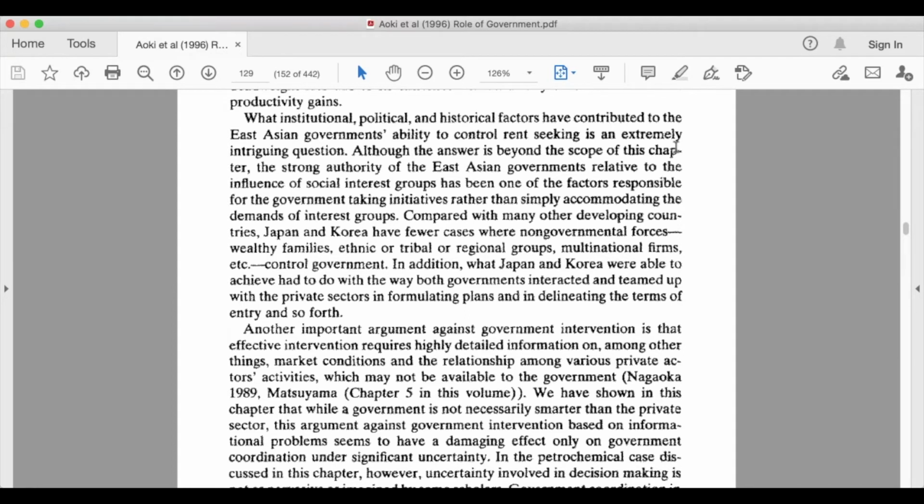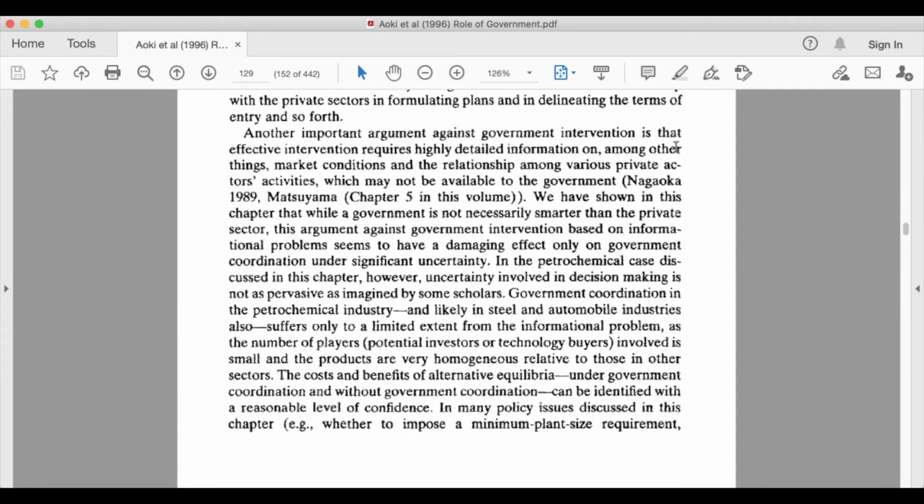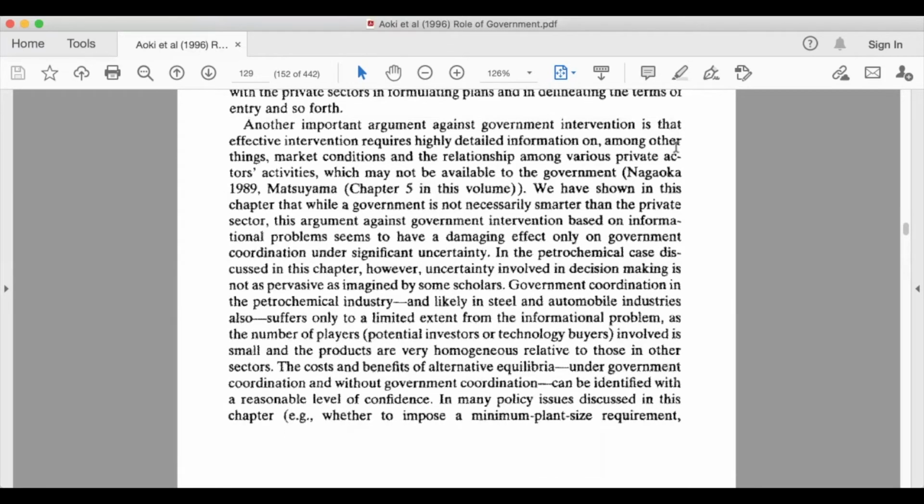Now, it turns out in the next part of this module, next week, we'll be looking at Atul Kohli's explanation for how Japan and Korea managed to do this. And then this question of information asymmetries, how the governments need access to information, all this also becomes important. The other thing they talk about is the conventional wisdom, economic wisdom, is that governments fail or government failure takes